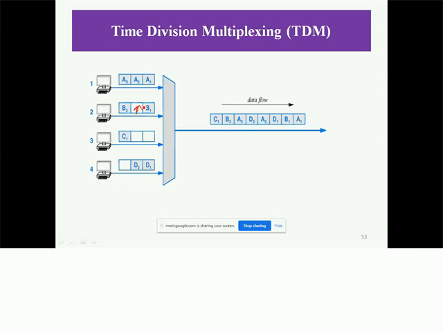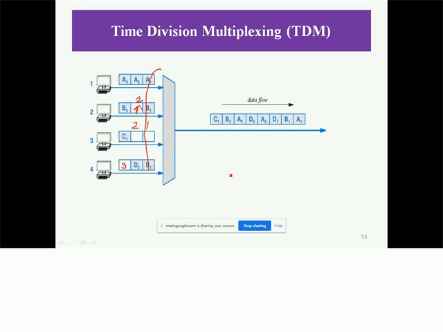These streams are there. So in B, meaning the second user, we have a blank space in the second time slot. For user C, there are two blank time slots, 1 and 2, and in D only a single time slot is blank, the third. So when the commutator rotates, it takes A1, B1, then a blank space, D1.